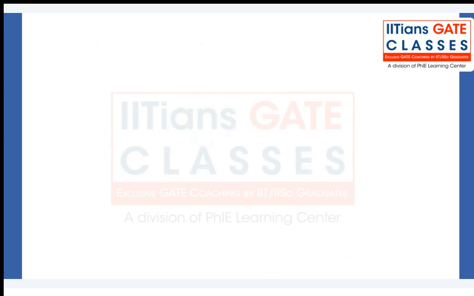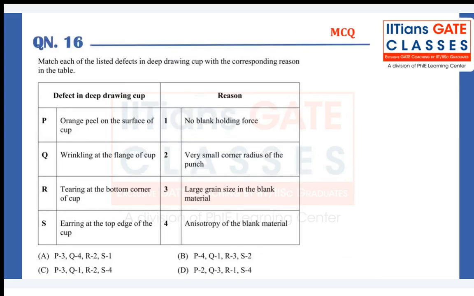All right. Now let us move to the next question. Have a look at this question, guys. Now match the following, another 2 marks question. Match the listed defects in the deep drawing cup, the deep drawing operation we had discussed, with the corresponding reason in the table. Now here, let us see orange peel on the surface of the cup. So when is it going to be orange peel? These are the defects and these are the reasons. Now wrinkling at the flange of the cup,